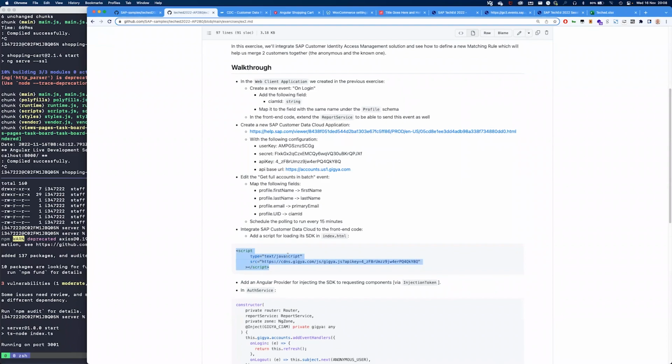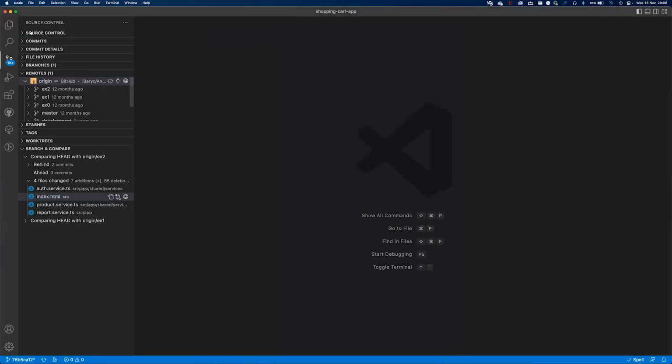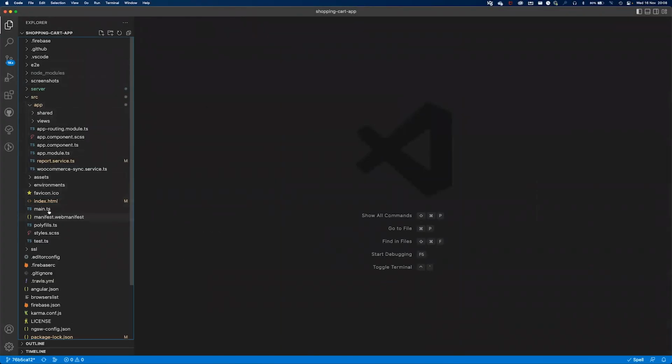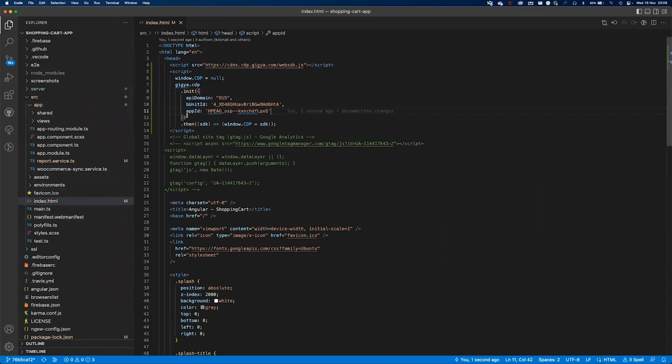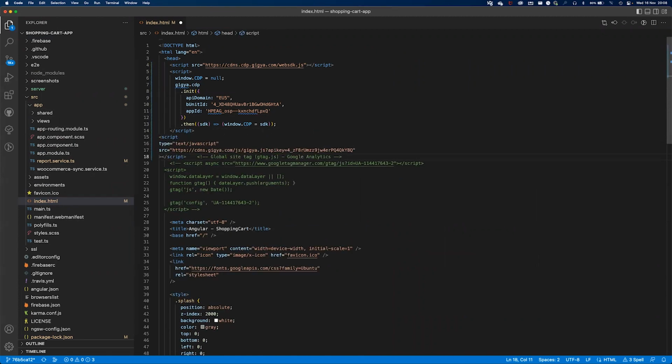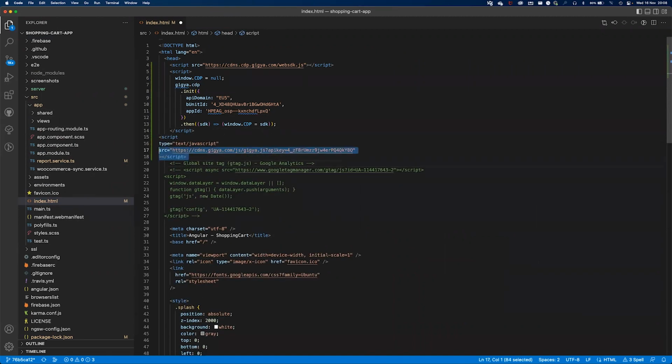So the first thing we need to do is that. So I'll just open the index HTML here, and I'm going to add the other SDK, right? I don't think it matters if it's before or afterwards. So I'll just put that SDK here. Again,